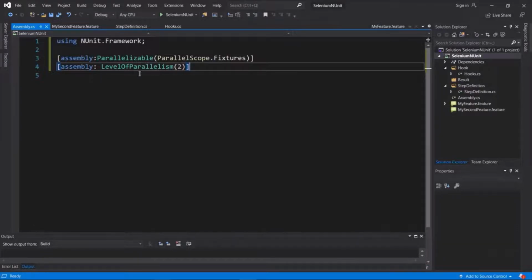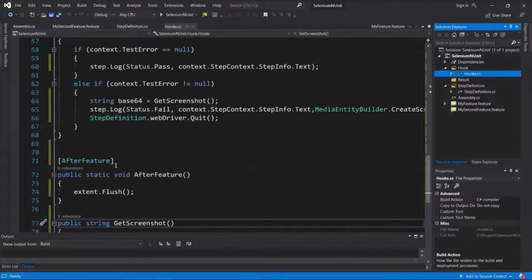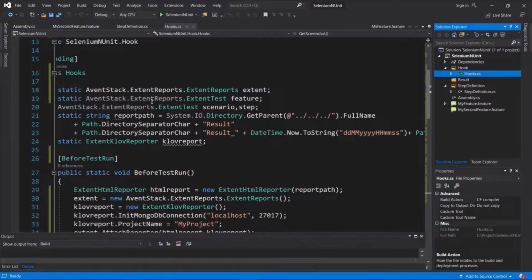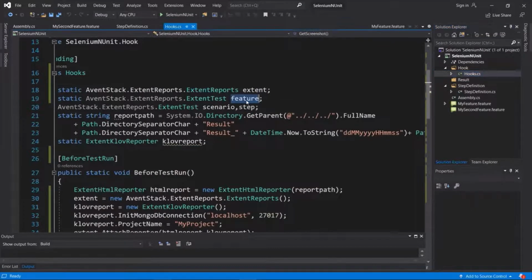Now I'll go back to the hooks.cs class. You can see that we have used static variable for extent and feature. So what will happen basically, when we'll run our execution, then these static variables will be shared among the multiple threads, which will basically affect the execution abruptly.